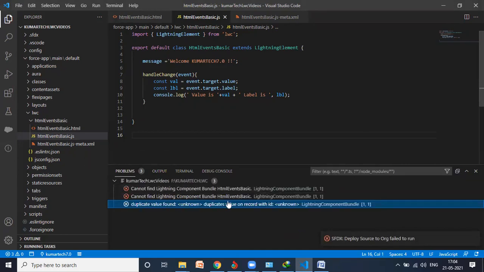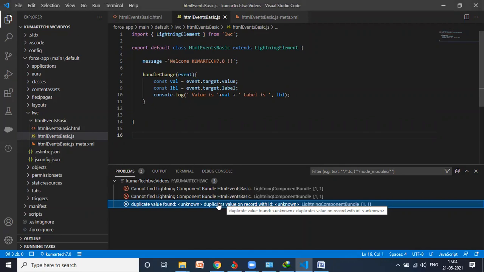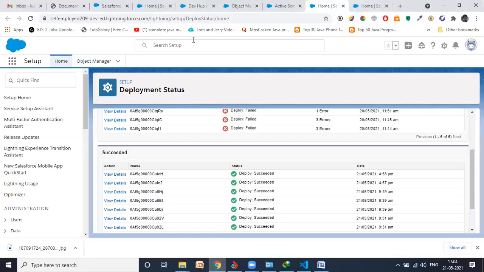Duplicate value record ID. Let me go here. I will refresh it. Maybe if it's failed, it will show in the failed one.